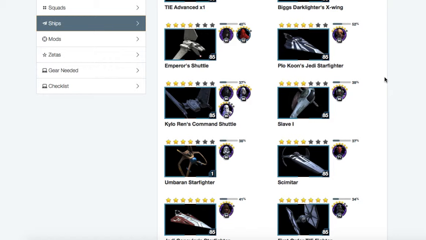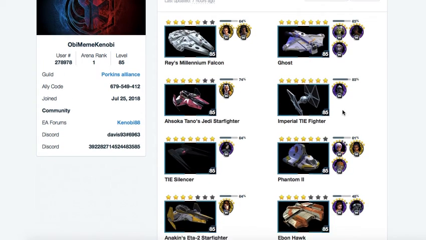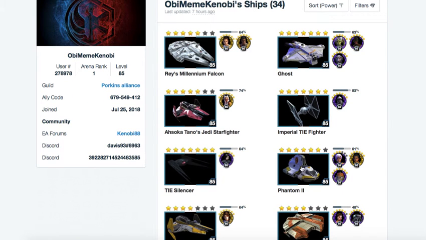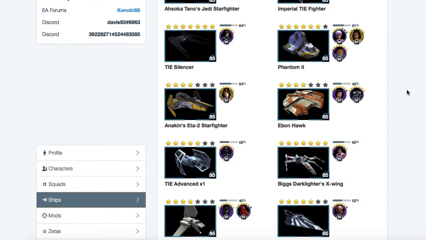So I personally think the best thing for you to do is to work on the Chimaera fleet with TIE Advanced, Biggs, and either TIE Fighter and Ghost as the starter. TIE Fighter is already up, so you wouldn't have to worry about Ghost, but you really should work on Ghost. Then Phantom as a reinforcement alongside